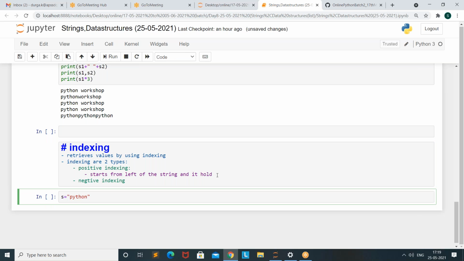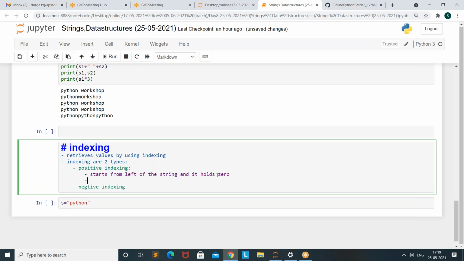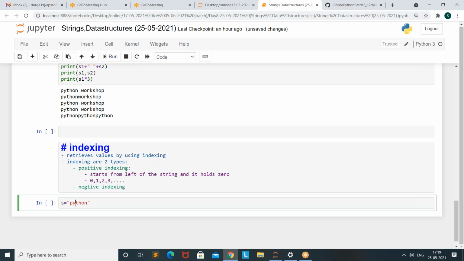It starts with 0. Okay. So 0, 1, 2, 3, etc. So here P is the 0th index. Next Y is index 1. T is index 2. Like that, it takes in positive indexing.